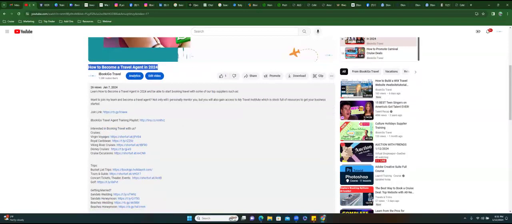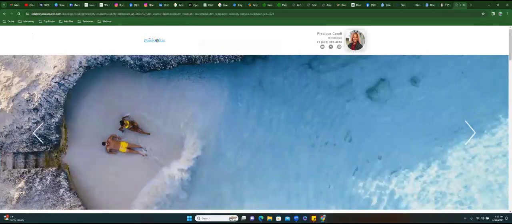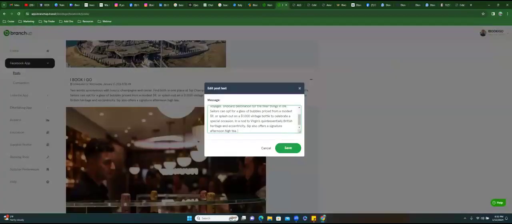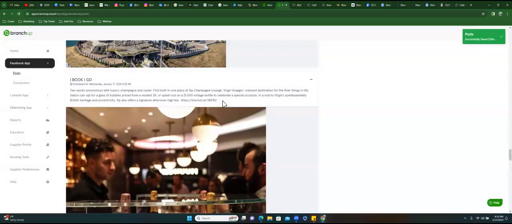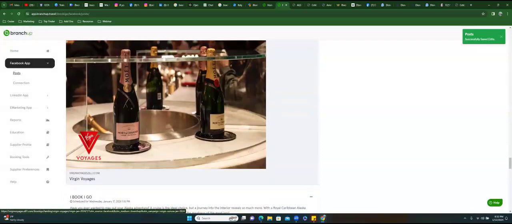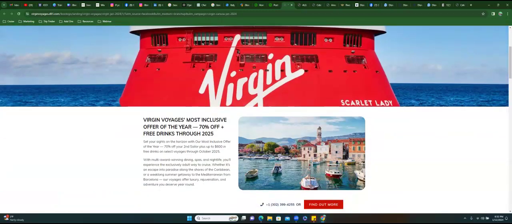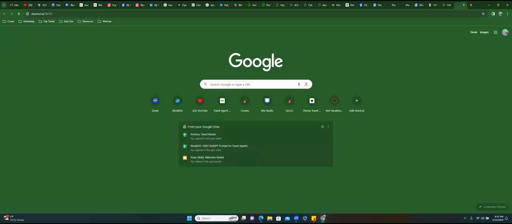So like for my Viking River Cruises, there it is. See? And this makes it easier for me because I don't want my long link for Virgin Voyages to be on BranchUp. So then I can just add that little short URL like that and click save. See? There it is right there. And that way, if they click on the post, it'll open up this beautiful landing page. But if they click on the link, then it'll open up my Virgin Voyages booking link,